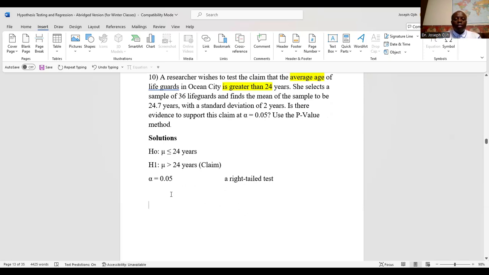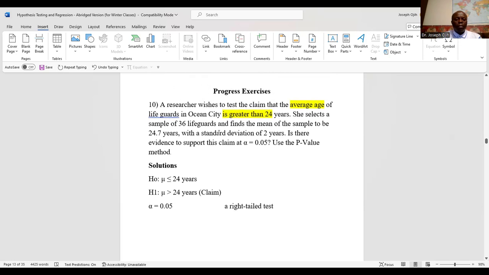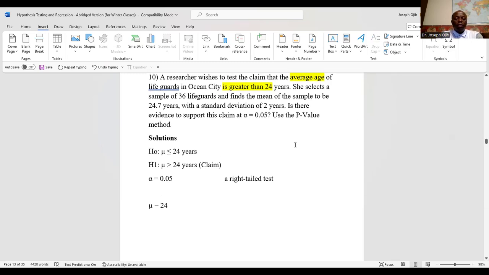Let's get to some other statistics that they give us. They say that the average age of lifeguards in Ocean City is 24 years. So mu equals 24 years. To test this claim, this researcher